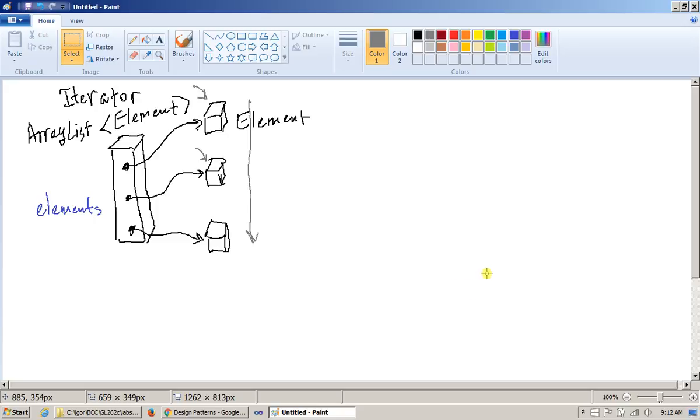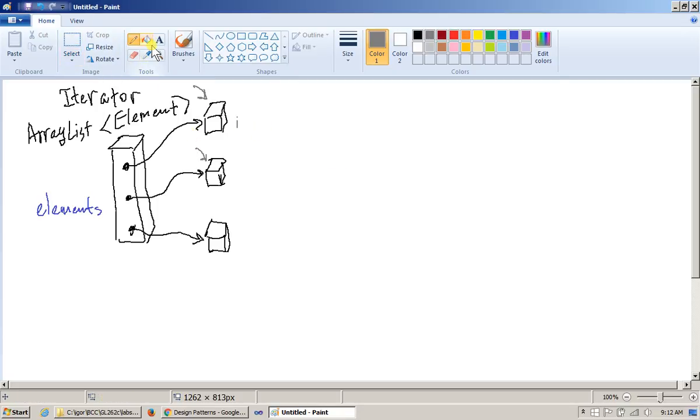So there are all kinds of challenges. The alternative to these nested loops with indices is that maybe I could have